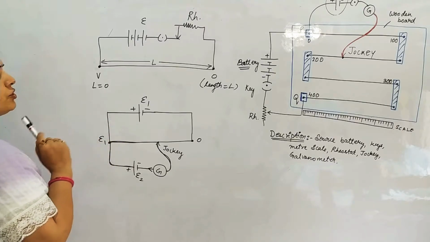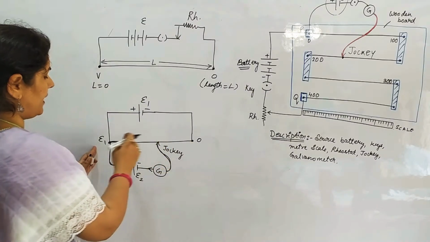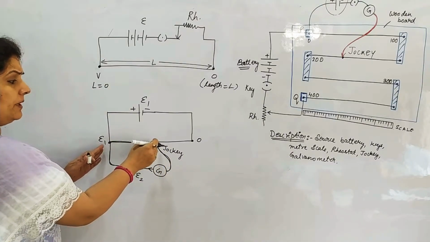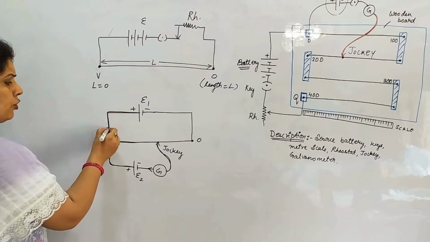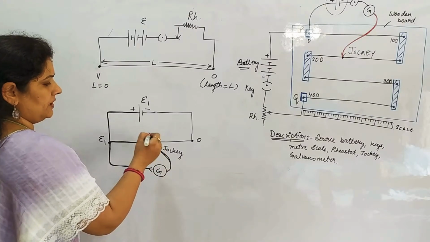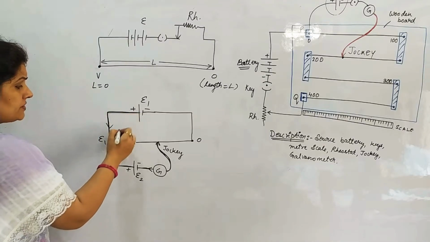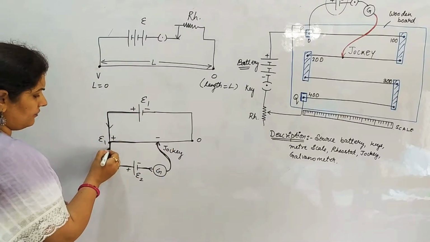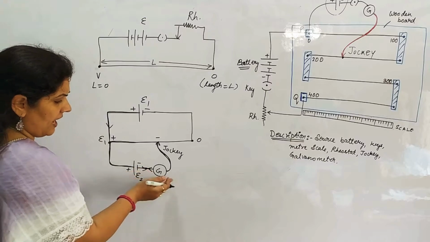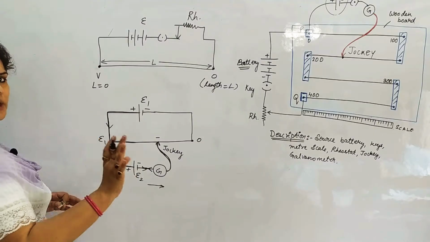Now suppose we have switched on this also. Now it gives the potential difference between these two points as E1, right? Now because we have a jockey contact in between, the current will flow like this and like this and through the jockey and comes to the negative end, right? So this cell, say this is positive and this is negative, current will flow via this path in this direction and then comes to the negative part, right? Current is flowing in that part of the circuit that we are not discussing now.